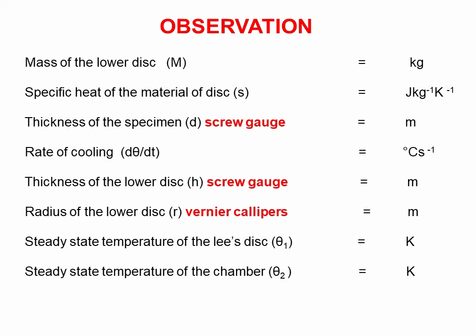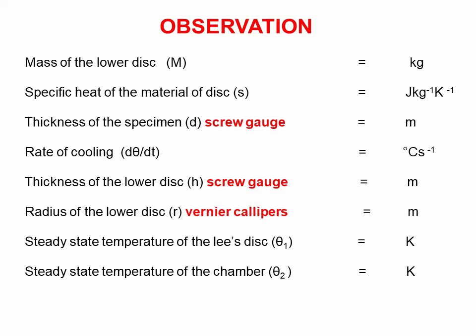What are the readings observed in this experiment? That is the observation. The mass of the lower disc can be measured using the balance in terms of kilogram. You have to write the specific heat of the material of the disc, just refer to the logbook or Clark's table, and you can write that value as small s. The thickness of the specimen can be determined using a screw gauge in terms of meter. Rate of cooling from the graph or table method after finding the d theta by dt value in terms of degree